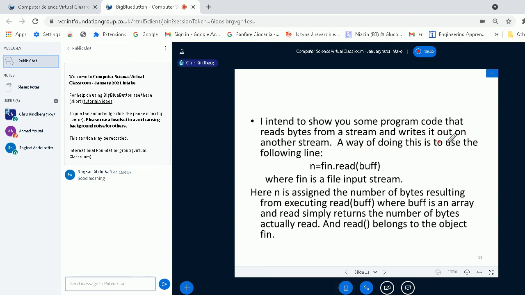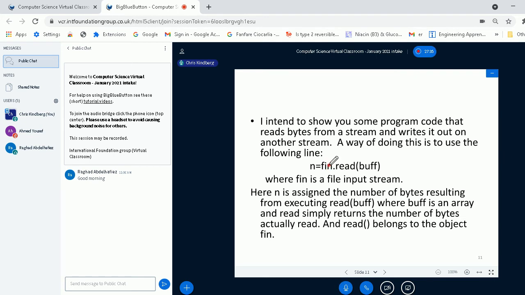A way of doing this is to first of all use the following line. n is going to be the result of reading an array of bytes using this stream, and I'm assuming that n is assigned the number of bytes resulting from executing read(buff). In other words, I'm doing the read operation by using the read method found in fin.